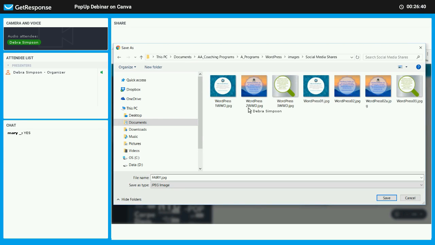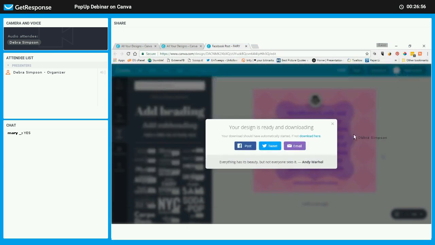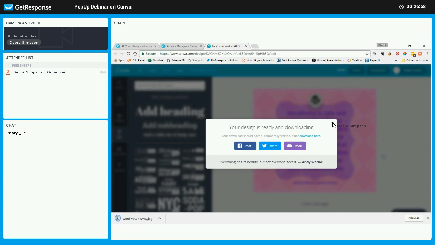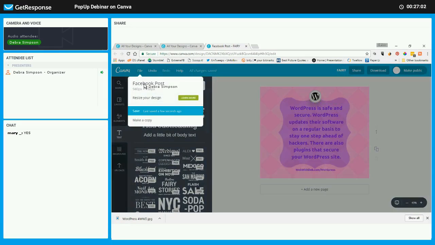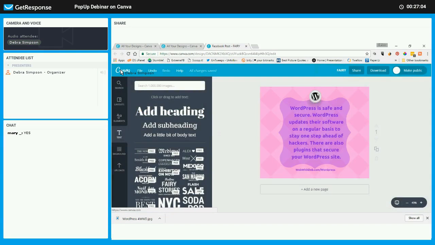And you can see here in the images that I've already created, I've duplicated them. So WWD means Web with Dev. So this is going to be for Web with Dev. And because I have saved this, if I go back to Canva,